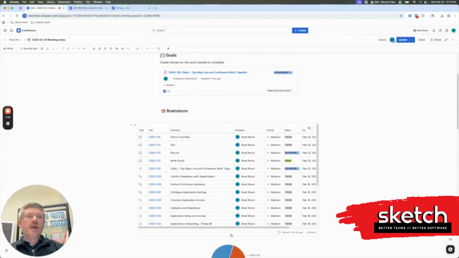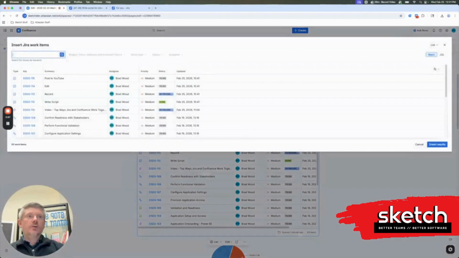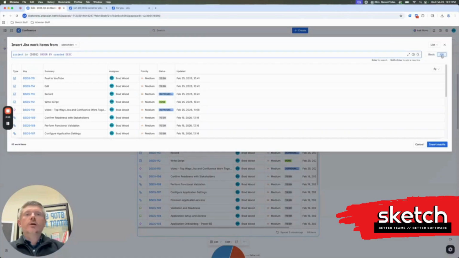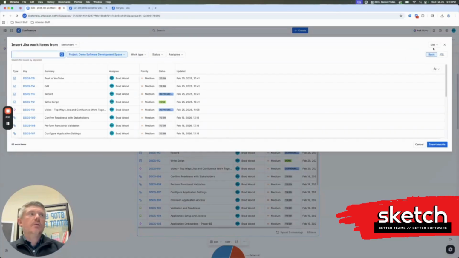Here is an example of the Jira table, and if I click on this and click Edit, and then Edit Search Query, this is just like searching for work items in Jira. So you can use the basic mode, which is what we're seeing here, or you can write a JQL query if you need to get more specific. And then within this list view, you can configure the columns. So all of your system and custom fields are going to be available here, and you can search for the fields that you need